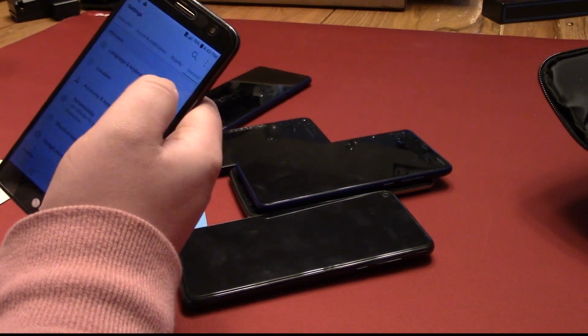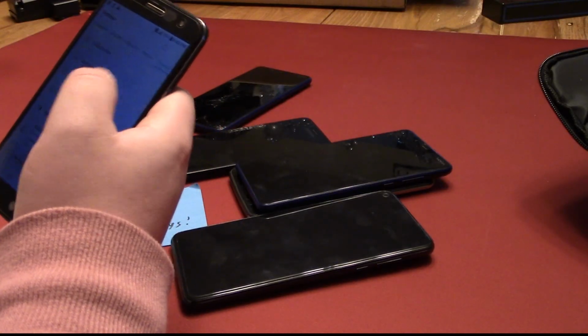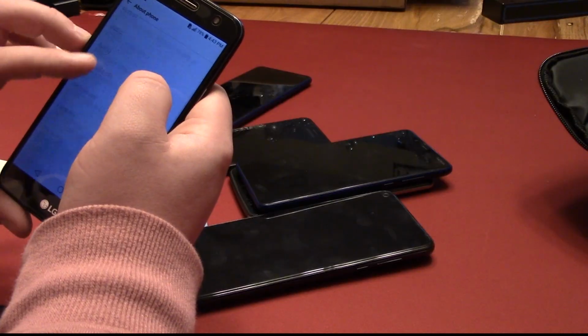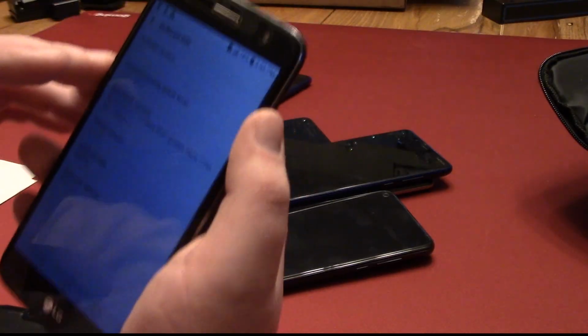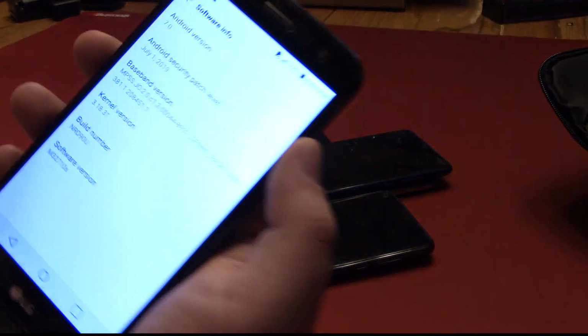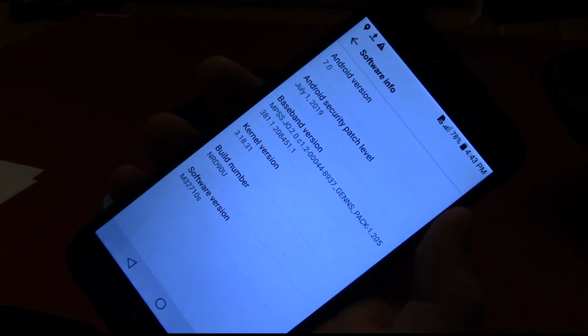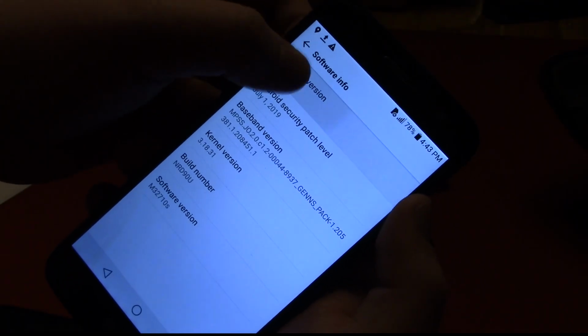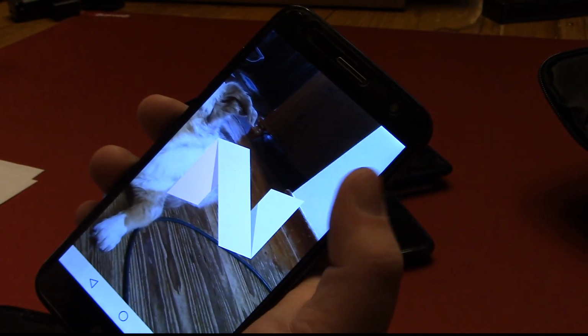You have to go to General in your settings. You have to go down to About Phone. And then all you got to do is look for where it might say Software Info. So on this one, Software Info is right here. Let me go ahead and brighten that screen so I can show you guys. And then right here where it says Android version 7 under that Software Info, spam it, and bam, you have